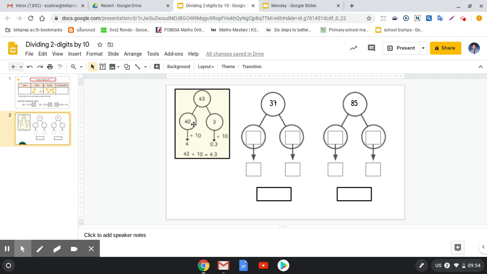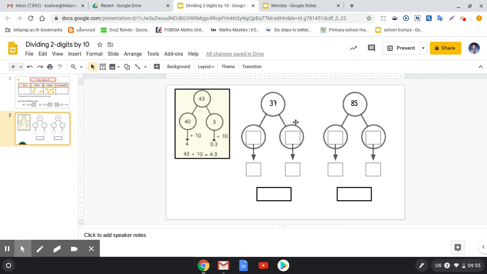And then it divides the 40 by 10, which makes 4. And then it divides the 3 by 10, which makes 0.3. Now when we put them together, it shows us this 4.3. So 43 divided by 10 is 4.3. So we're going to use that same thinking, the same technique to solve 37 divided by 10 and 85 divided